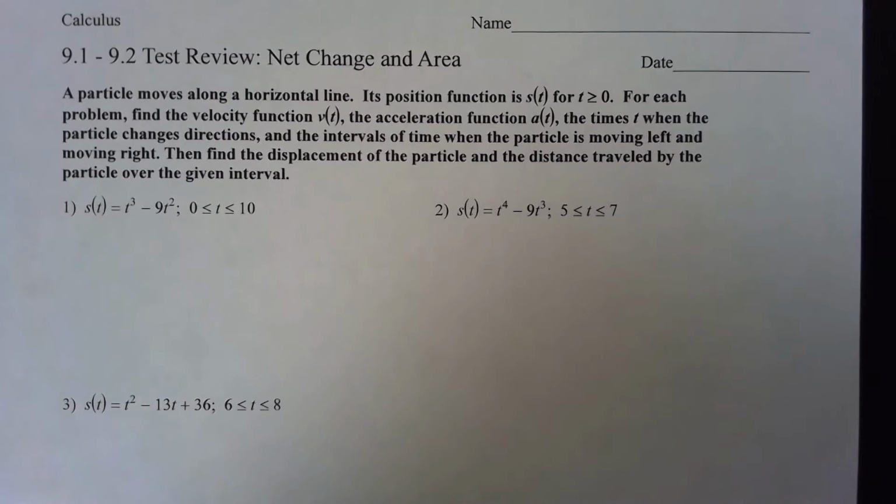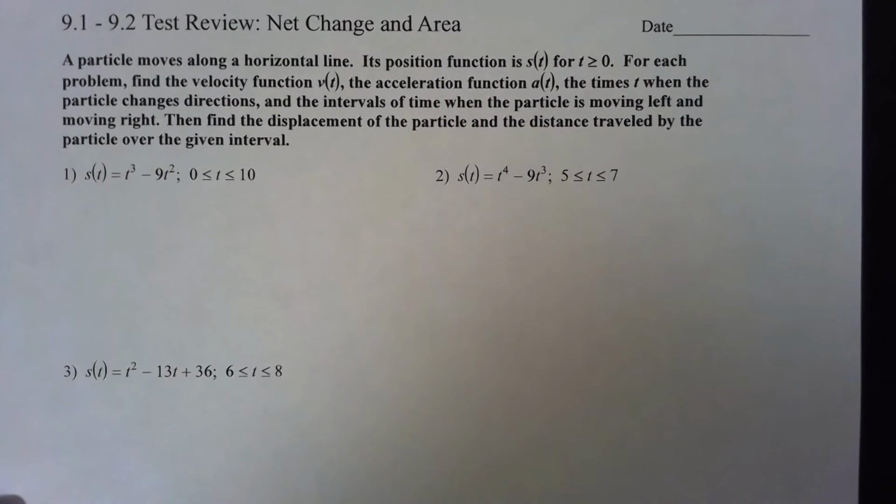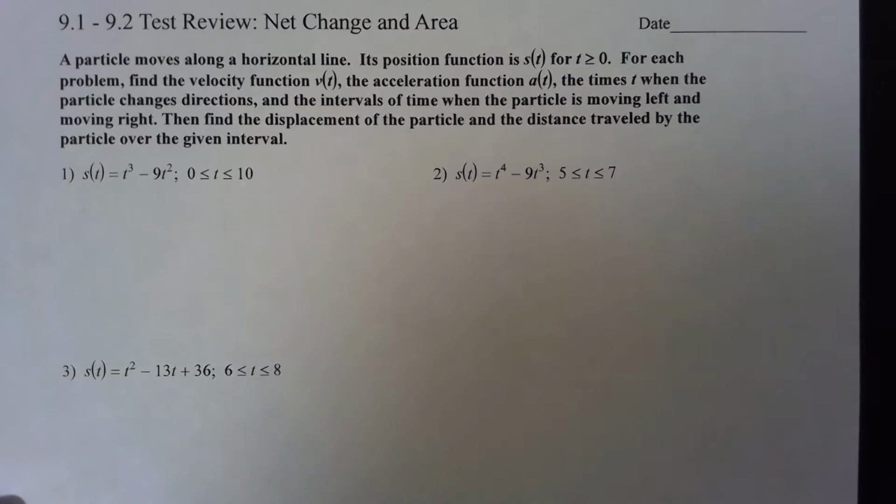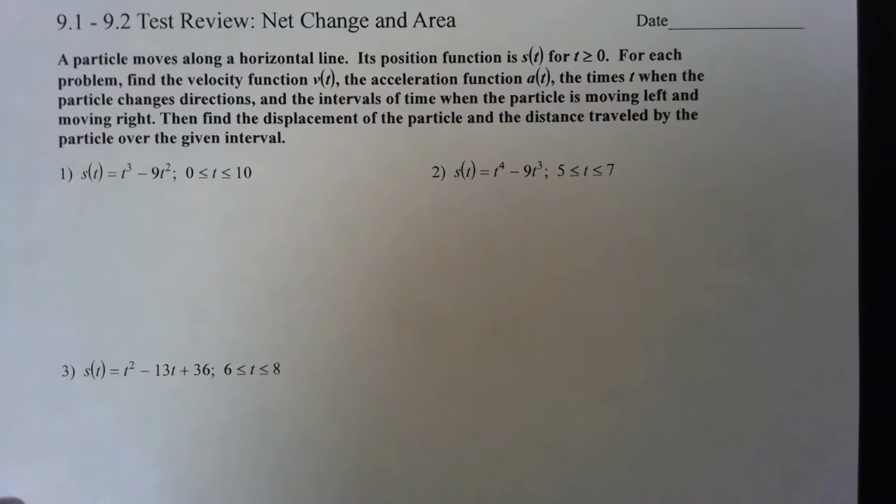So if we're looking here at number 1, 2, and 3, it says that we have a particle moving along a horizontal line. Its position function is s of t for all t's that are greater than or equal to 0, so that means we're only looking at positive values for time. For each problem, find the velocity of the function v of t and the acceleration function a of t at